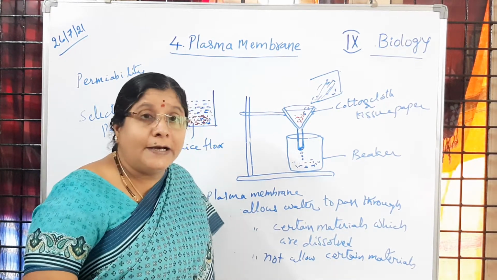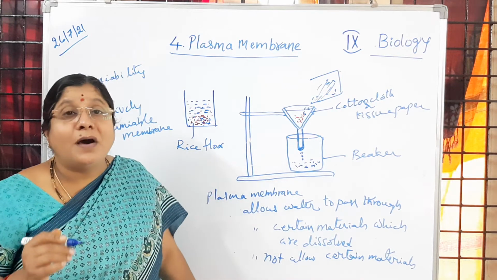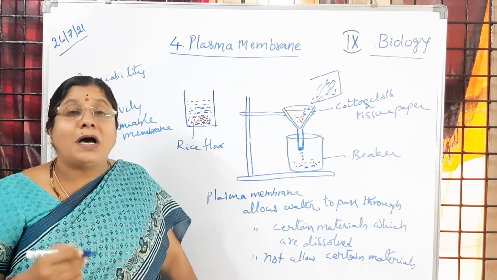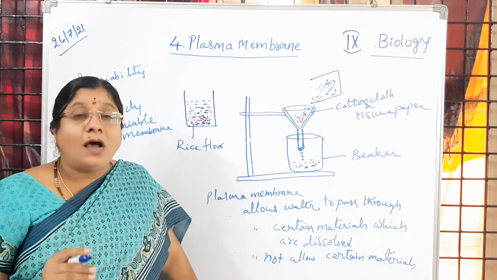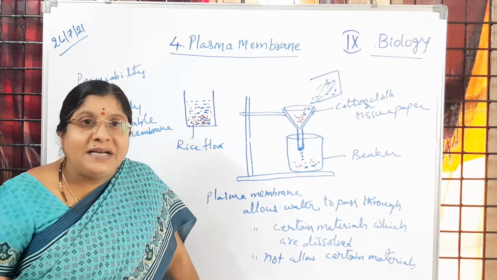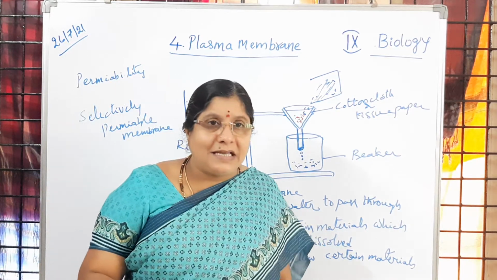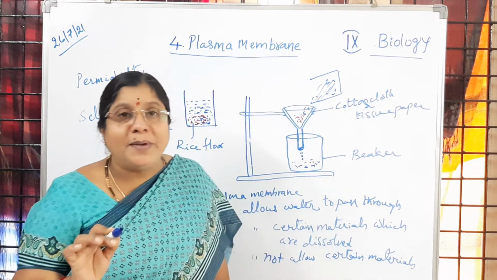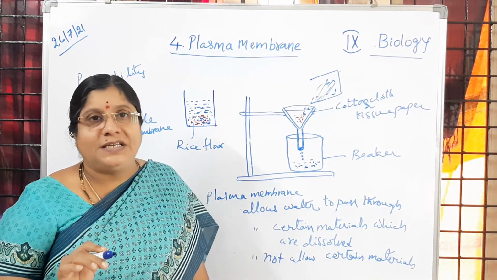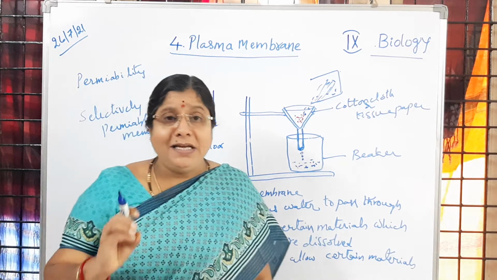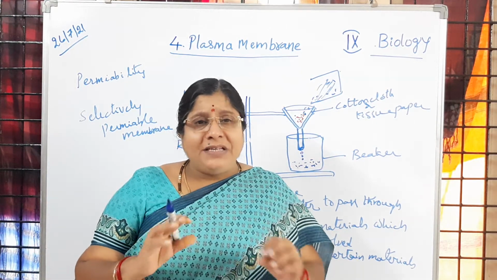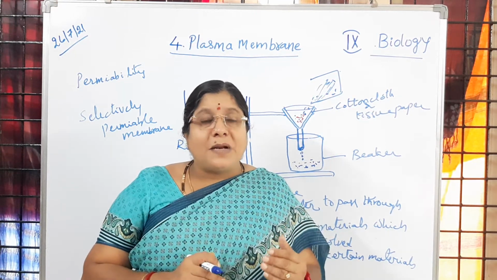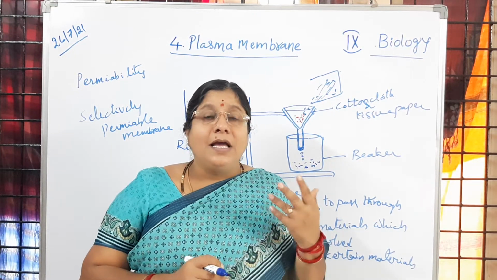So like that, here you learned about the importance of the plasma membrane and how it is allowing materials to pass through, or how it is sending out the materials which are not needed by the cell. All that we have learned. So that is the reason all the cell membranes of any living system, which are said to be plasma membrane, have flexibility. Flexibility is there. So that is why we call the plasma membrane a living flexible membrane.